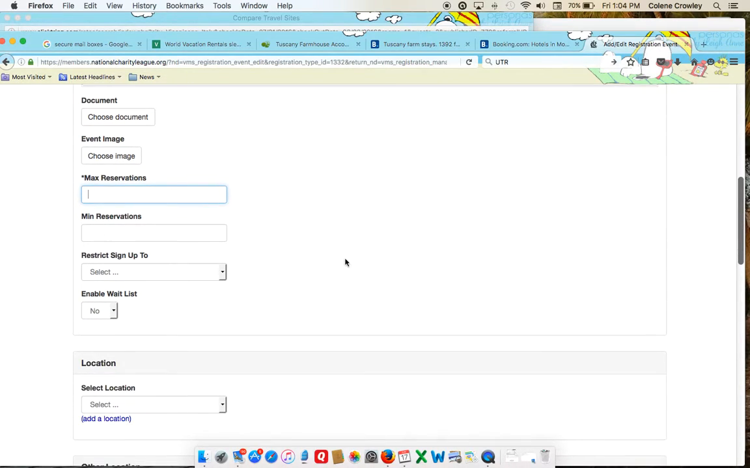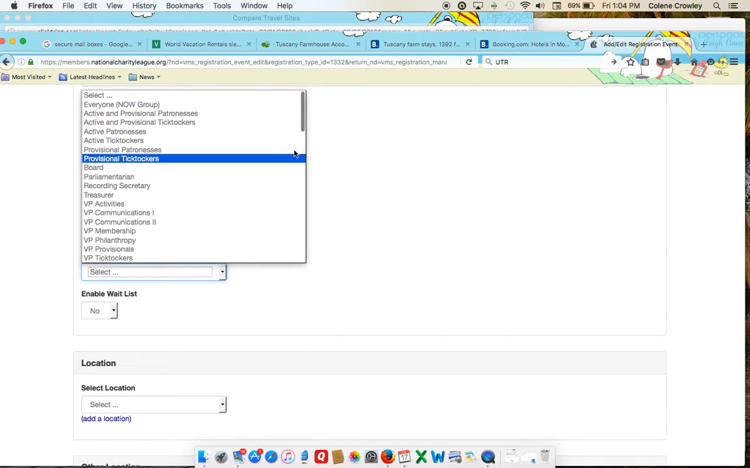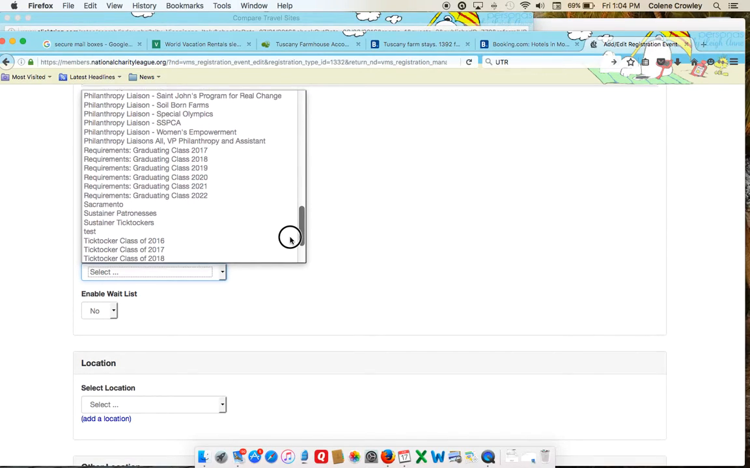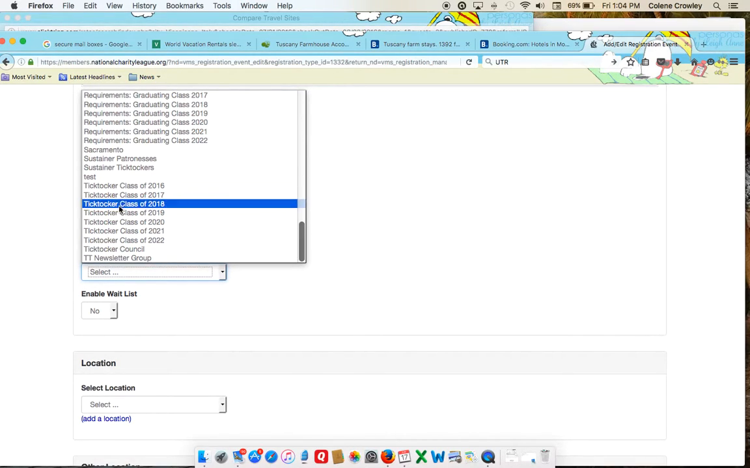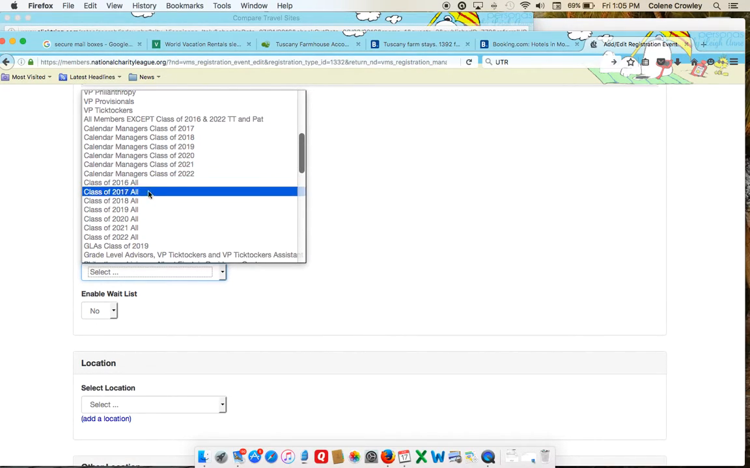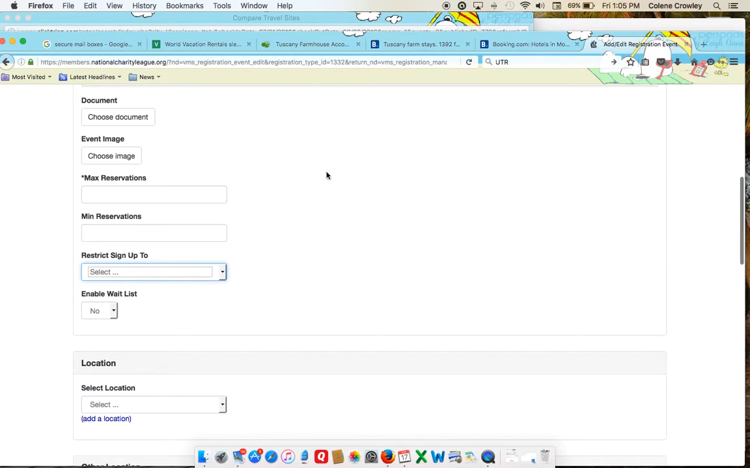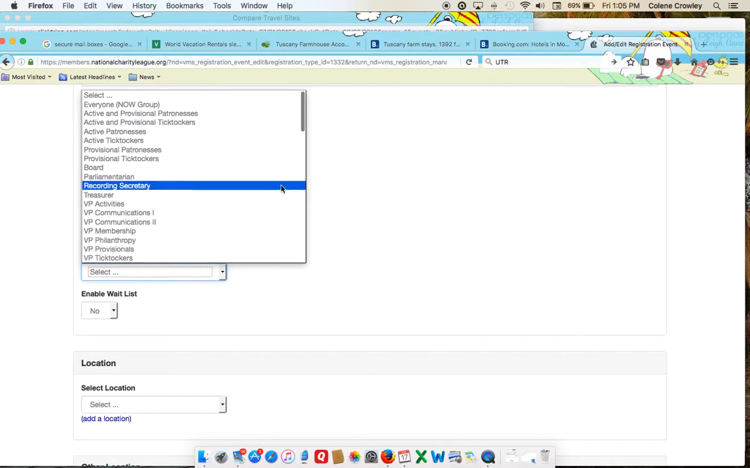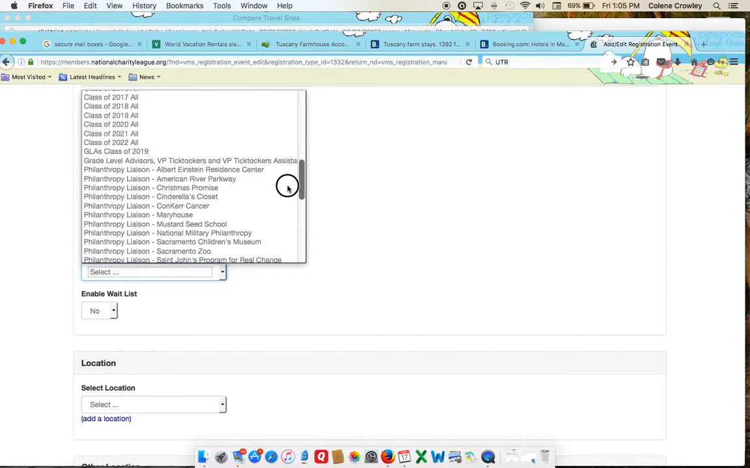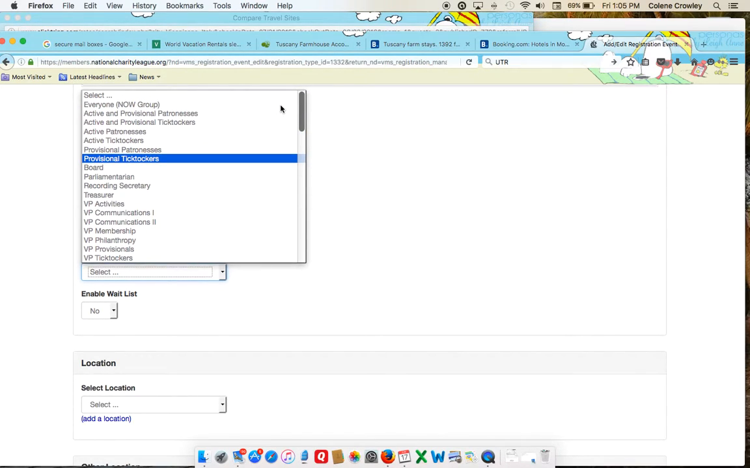Restrict sign up, depending on your event, you can restrict sign up to perhaps specific classes. So just so you understand, these selections here are the girls, the TikTokers in these particular classes, okay? If you want to restrict the sign up to a particular class, including the mothers and the daughters, it's this selection, all. Okay, that's mothers and daughters, okay? And if you want to restrict the sign up to just patronesses, or I don't think you'd want to do that, but you do have some choices here, okay, if you need to